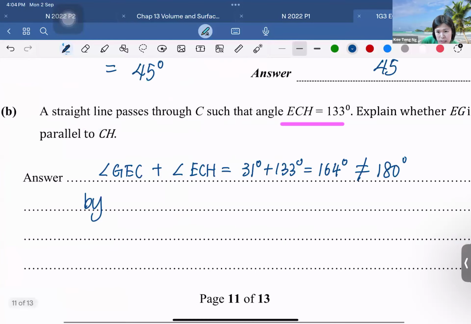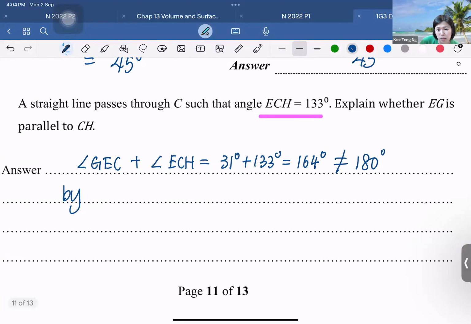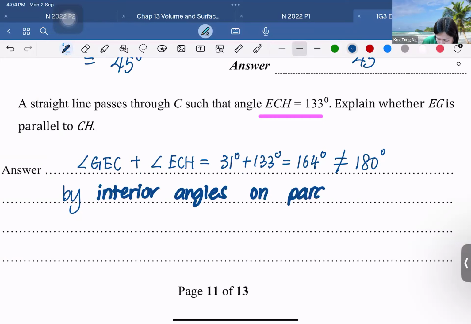Yes, interior angles on parallel lines. Okay, therefore, EG is not parallel